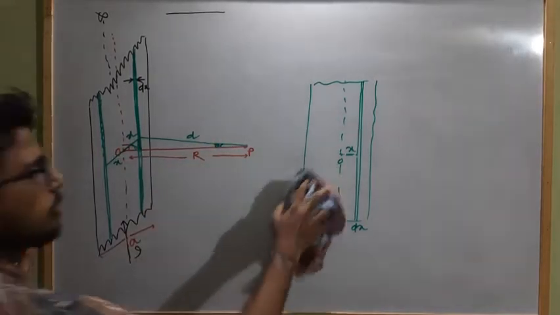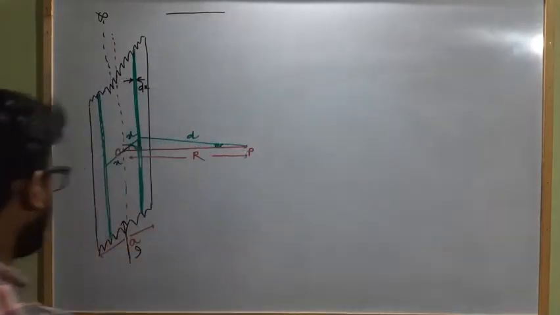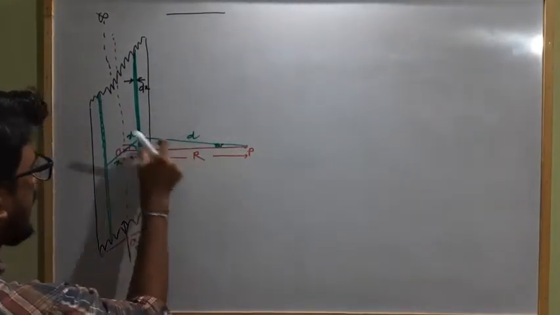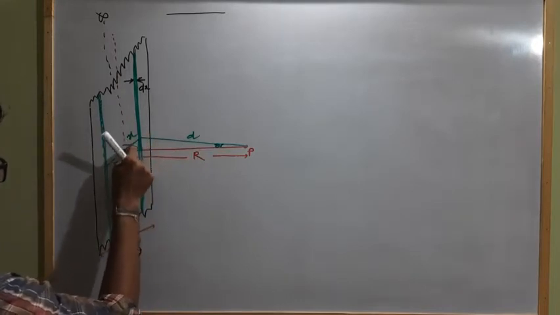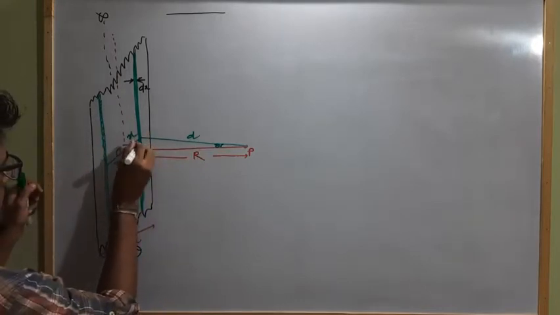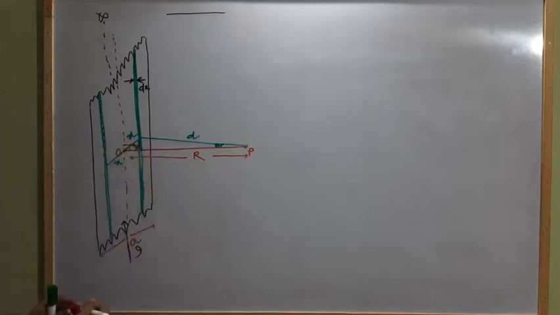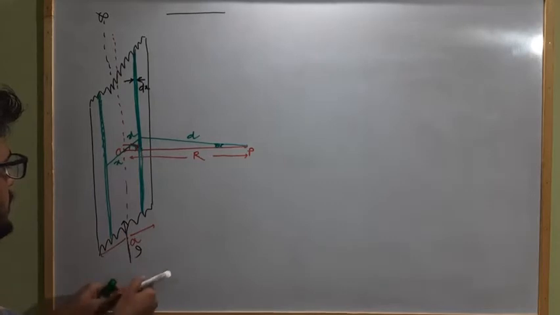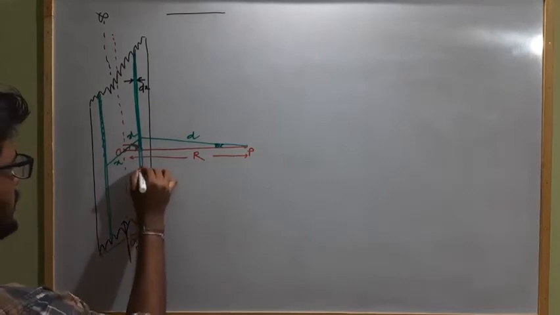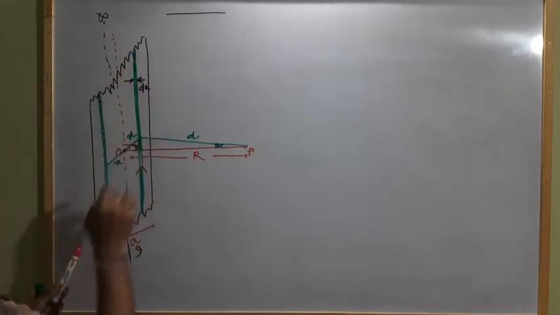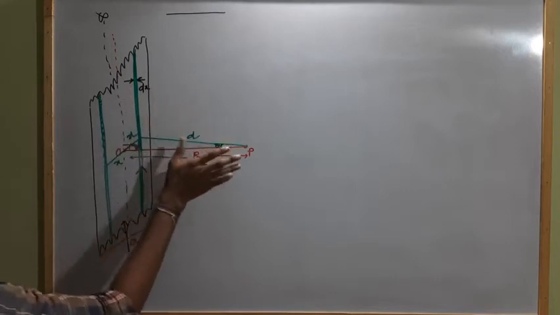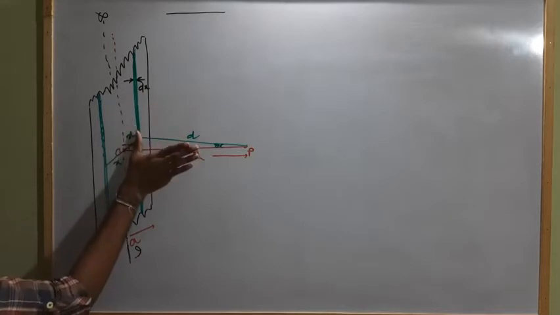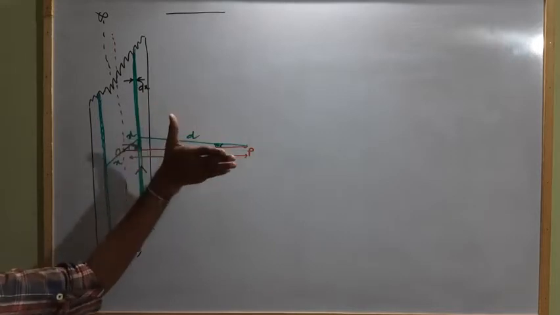Now you understood? If this angle is theta, this distance is r, and this is x, this is a right angle triangle with this angle 90 degrees. The current is flowing across this; if this is I, along this the current is also flowing like this. So the current is like this, and we have to find the magnetic field strength at this point. Here the current carrying element along this, the position vector will be like this.